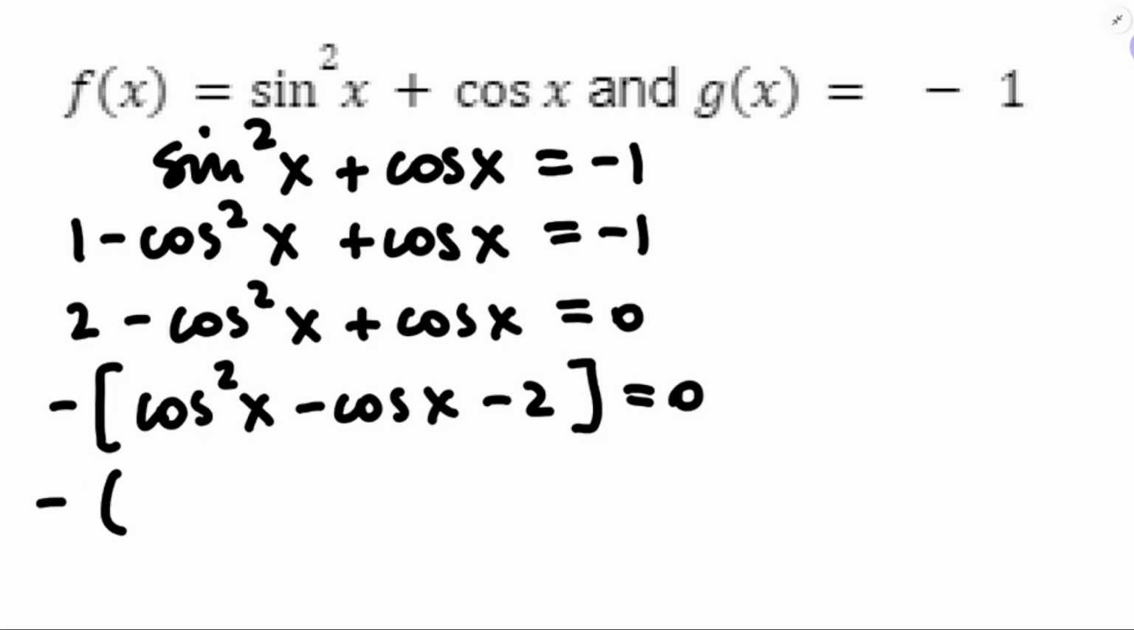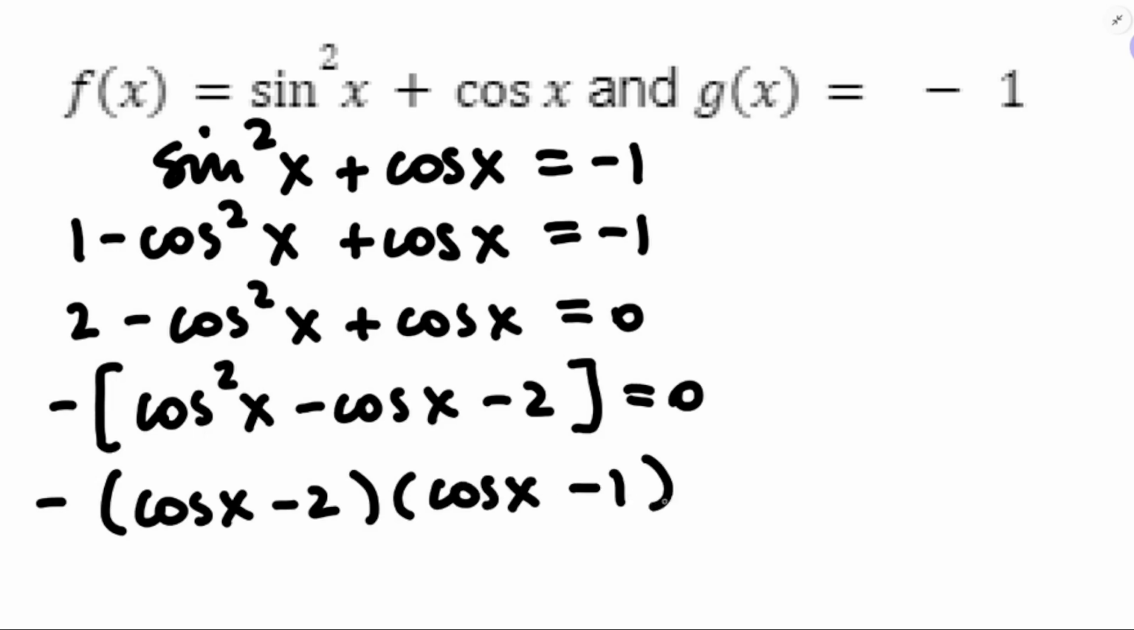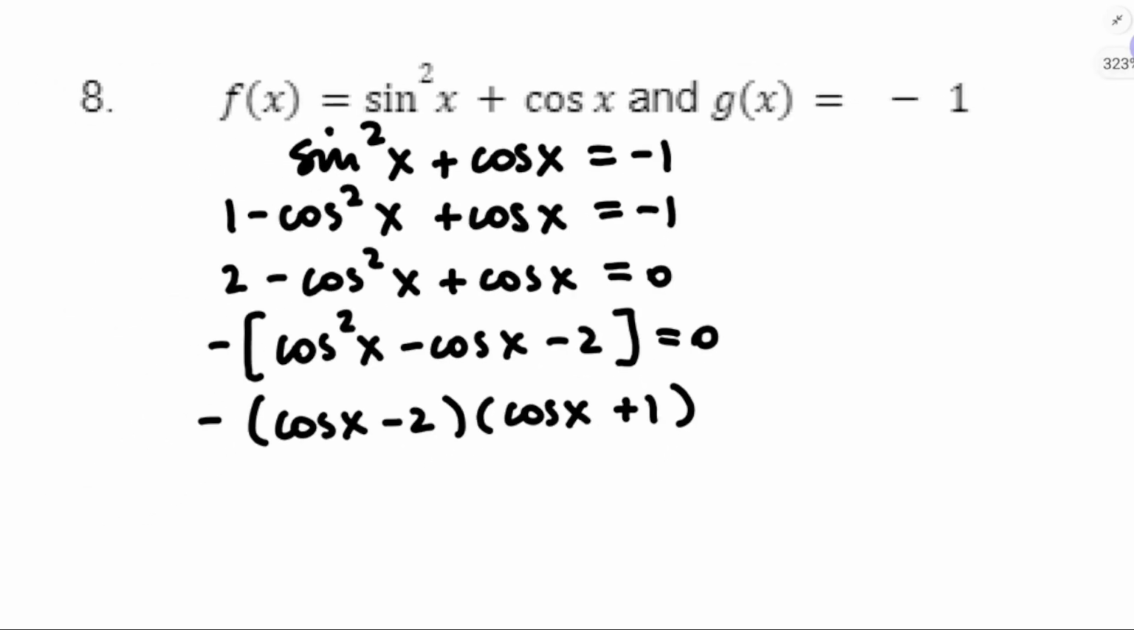Yeah, I'll like that a lot better for factoring because I can factor that with cosine x minus 2 times cosine x minus 1. Right, if it was t squared minus t minus 2, that's t minus 2 times t plus 1. Yeah, I need a plus there. And that'll equal 0. Alright, so the negative could never equal 0. The cosine x minus 2 could equal 0 if cosine x could equal 2. But that's not going to happen, so that's not contributing any